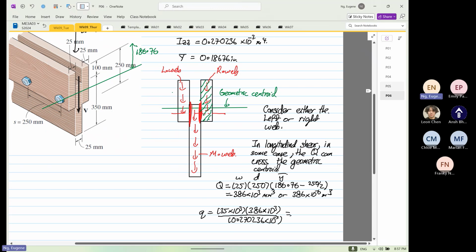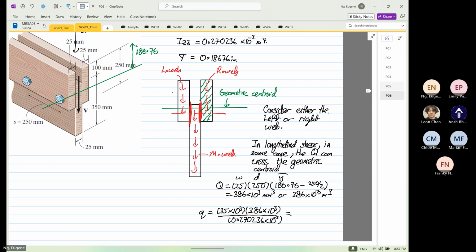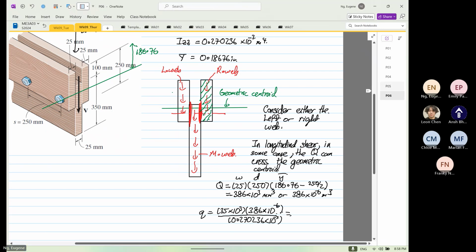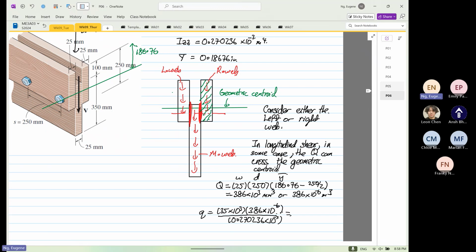So this is equal to 35 times 10 to the power 3 times 386 times 10 to the power minus 6, divided by 0.270236 times 10 to the power minus 3, which is equal to 50 times 10 to the power 3